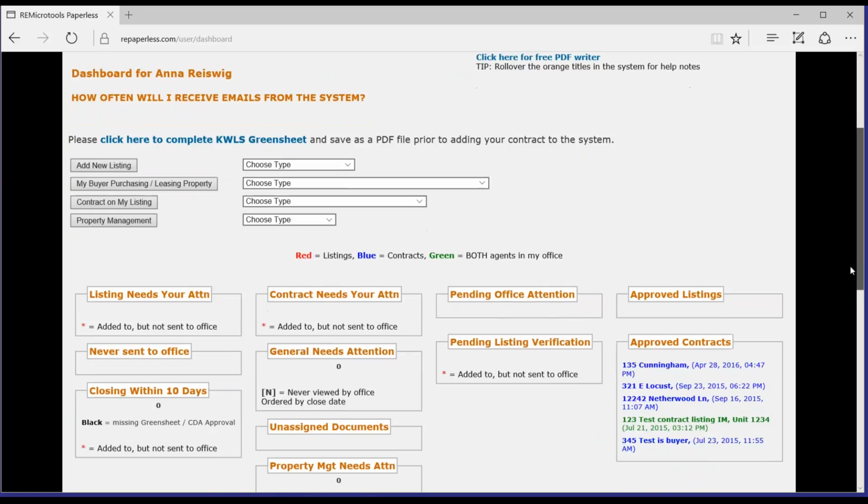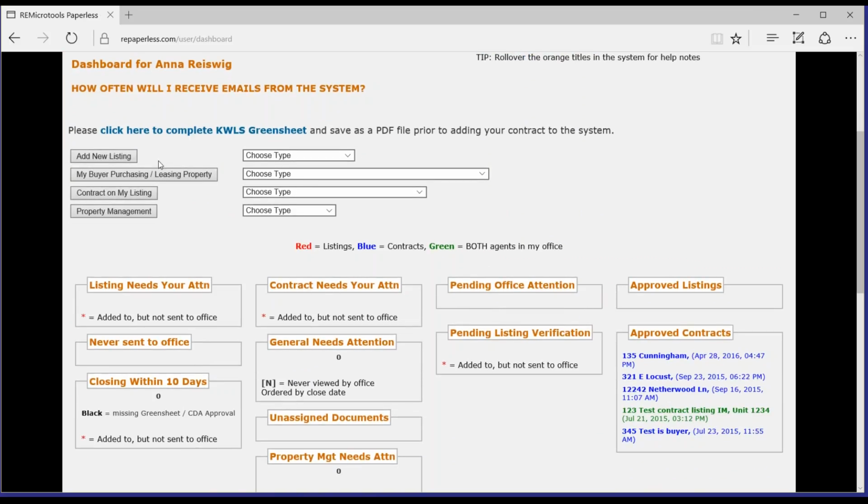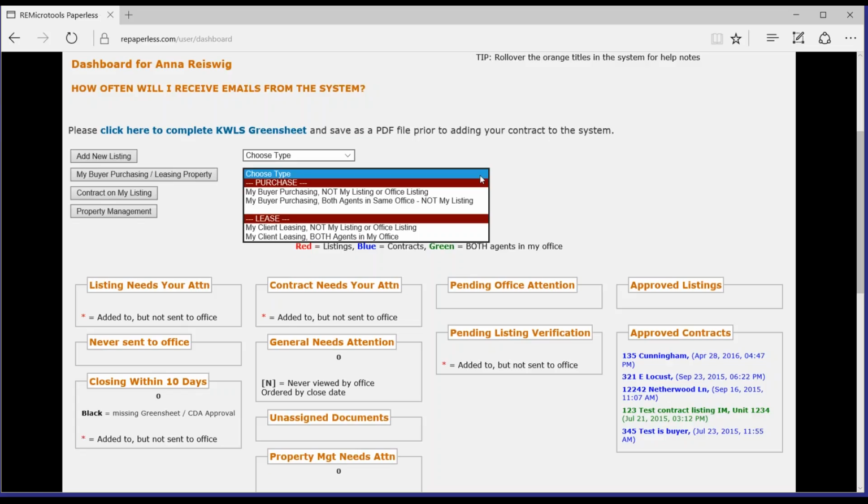In order to initiate a new file, we're going to select the appropriate type. In this case, it will be My Buyer Purchasing, and we're going to select the drop-down menu, either My Buyer Purchasing, Not My Listing, or Office Listing, or My Buyer Purchasing, both agents in same office, but not my listing. We're going to go ahead and select Not My Listing or Office Listing and pretend like we're